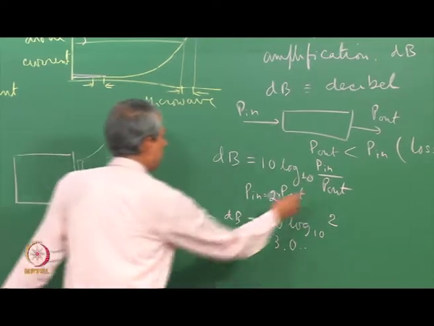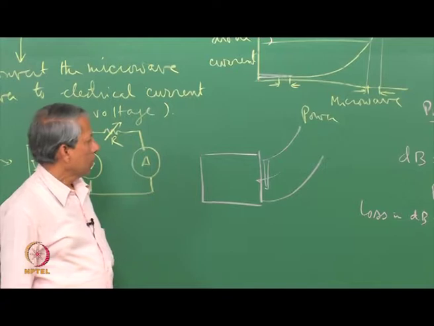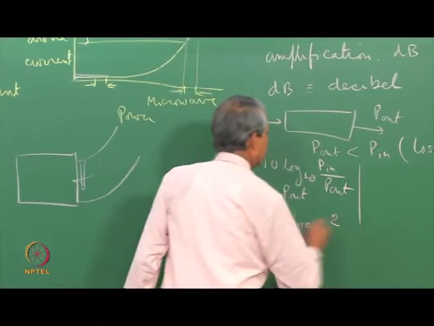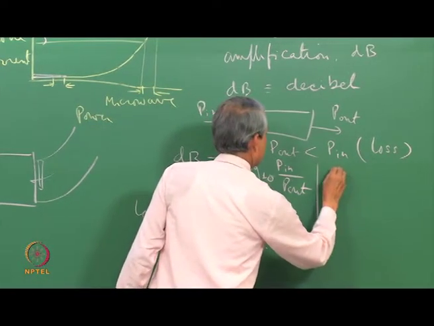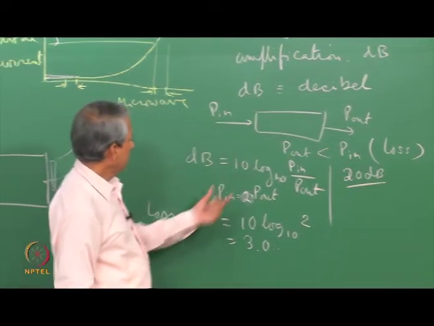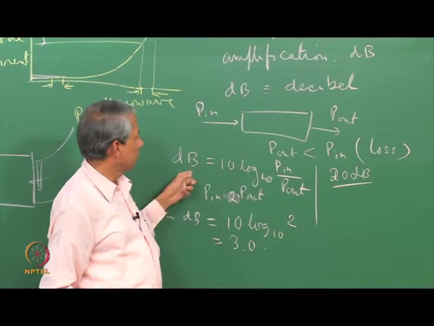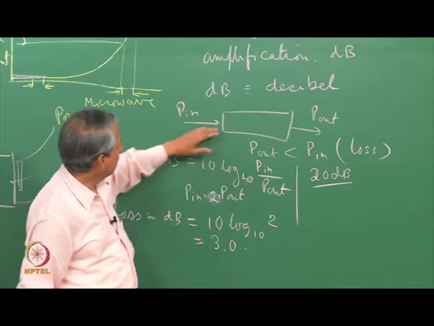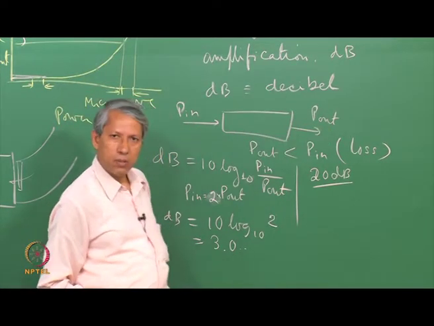Because of the logarithmic nature and also the base 10, it is very easy to mentally come up with some quick numbers. Let us say that the loss is 20 dB, then this 10 is there, so this ratio must be 2, so 20 dB here means this ratio will be 100. So, 1/100th of the power is coming out, that is 20 dB. Okay.